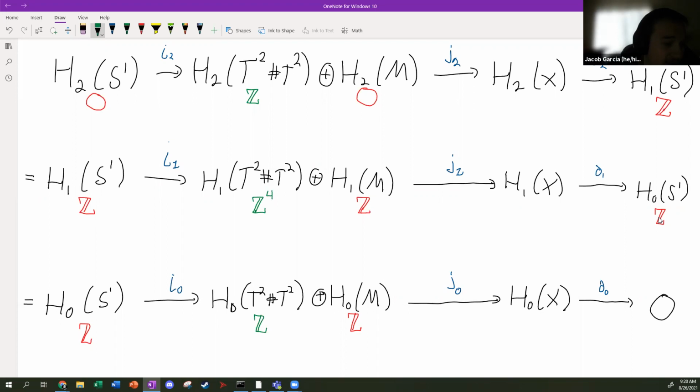So now I have to figure out, oh, and from our aside before, I know that this is Z, right? Because it has one path connected to one. So I just have to figure out what H2 and H1 are. Easier said than done, Jacob. Okay, so the first thing that I want to note,